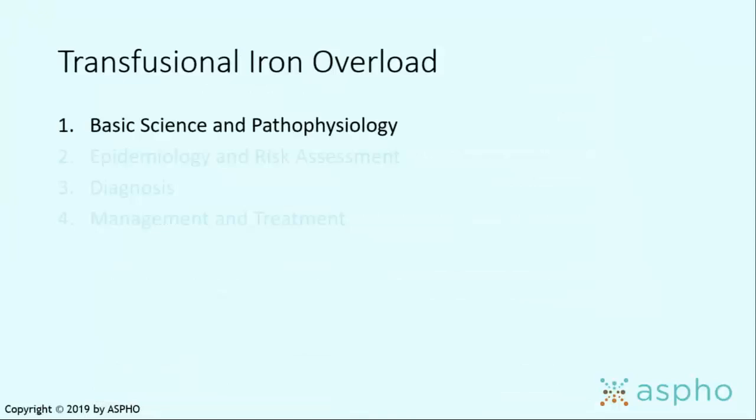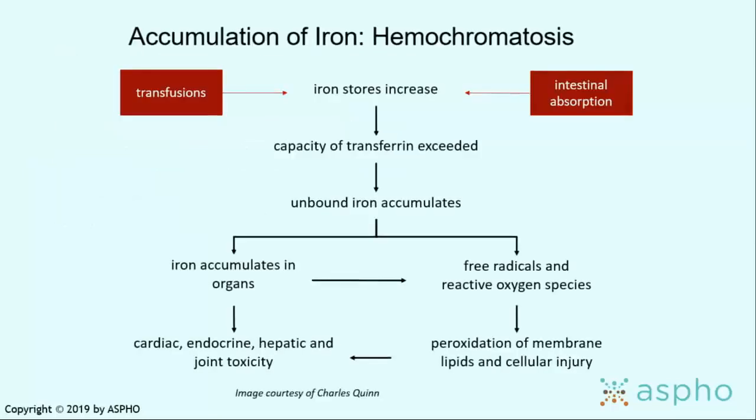Okay. So the last main thing I'm going to talk about is transfusion iron overload, because it relates to both the patient populations I talked about. I know you've had a lecture related to iron accumulation and hemochromatosis, but the blood transfusions increase our iron stores. The capacity of transferrin is exceeded. You have unbound iron, which accumulates in our organs, specifically the liver, the heart, the pituitary. It can also